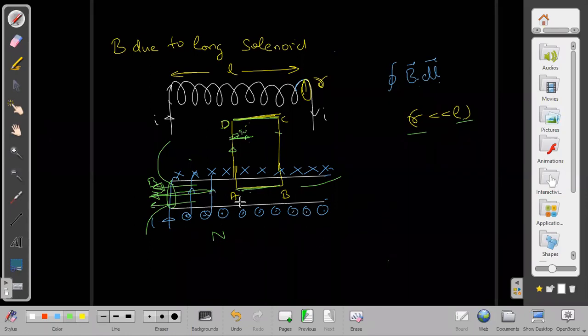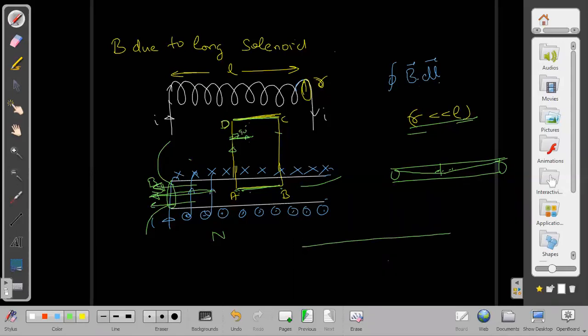Now another question I want to ask: from A to B, is the field the same or different? Same, uniform. By symmetry, if it is a very long solenoid, then this point and this point will be nearly at the same location for us, whether I choose this or this, because the angles subtended by these ends at this place, alpha and beta, will both be pi by 2. This is nearly pi by 2 because I have already assumed R is very, very small compared to L. Understood so far?